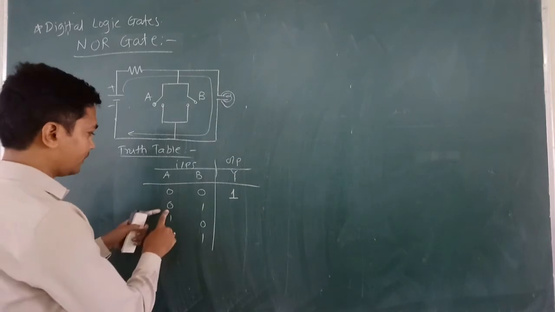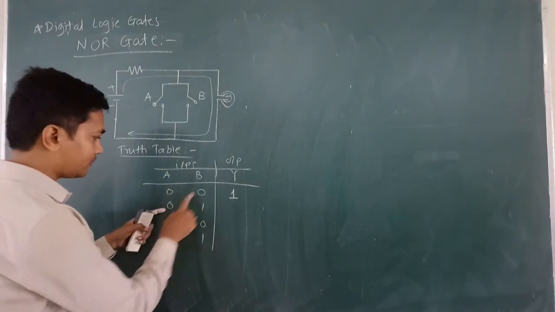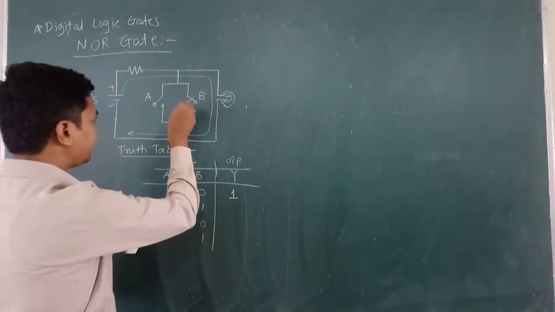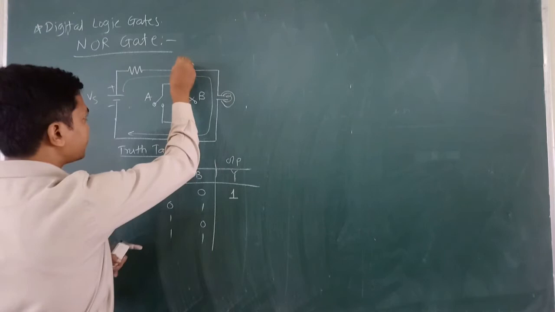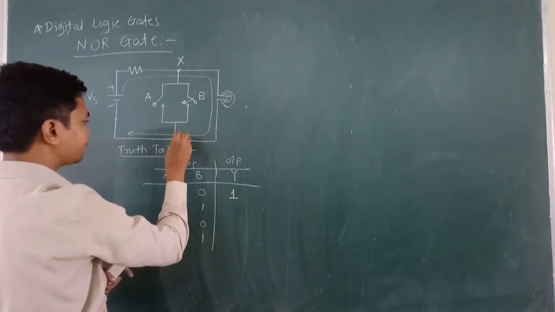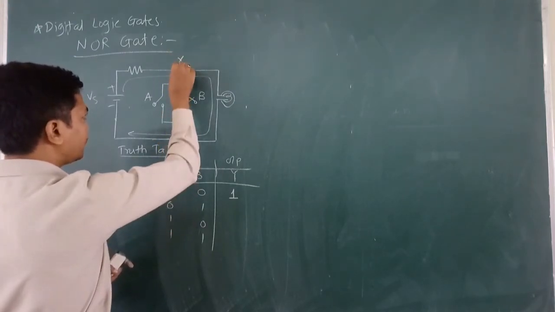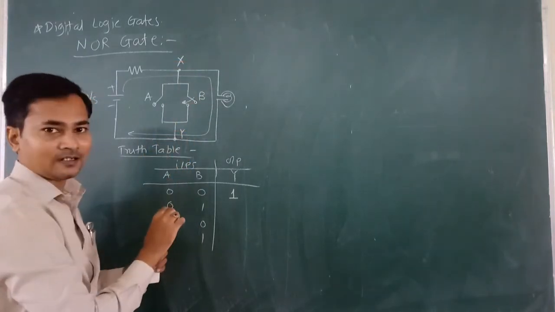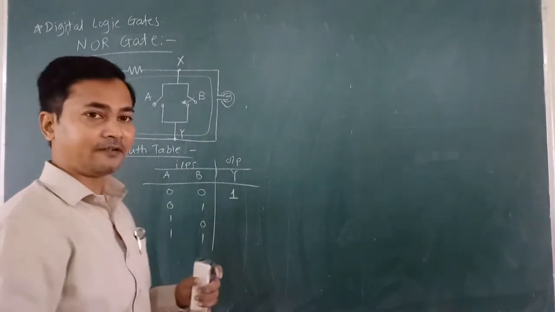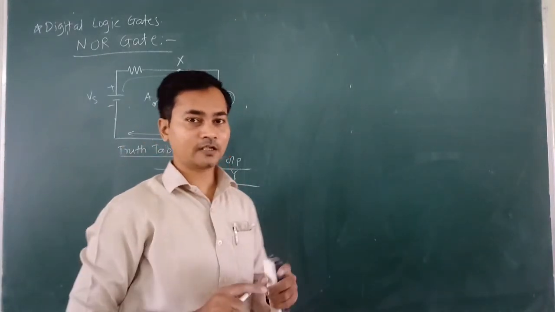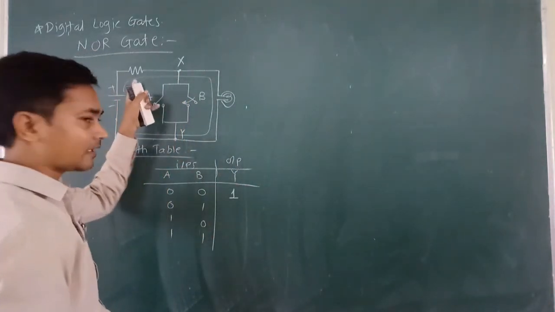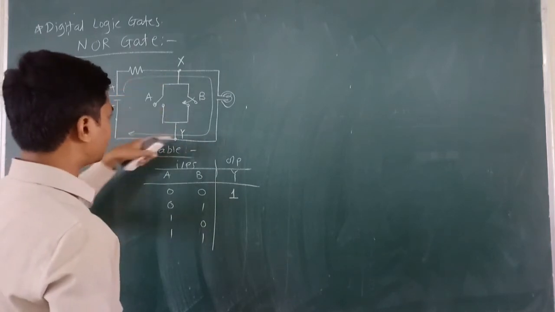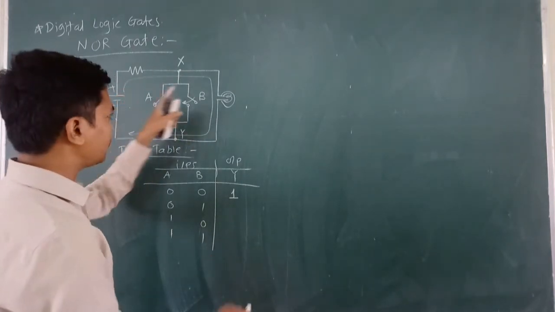Now next, if switch A is not pressed but switch B is pressed, so here the switch B is pressed, that means these nodes, suppose this is node X and this is node Y, X and Y. So the X to Y path will be formed and these points will be shorted, and as I told you, the current always chooses the low resistance path. So all the total current will flow through these X and Y nodes, and the current will not divert towards this bulb.